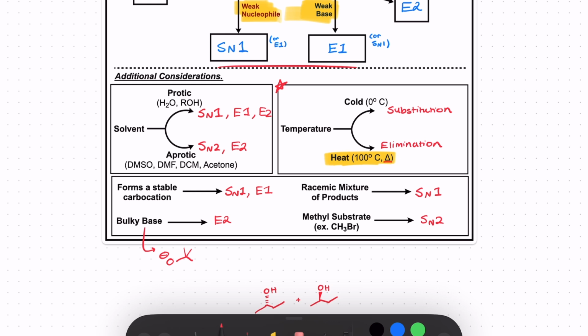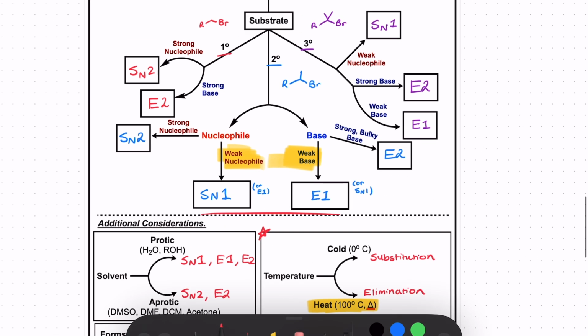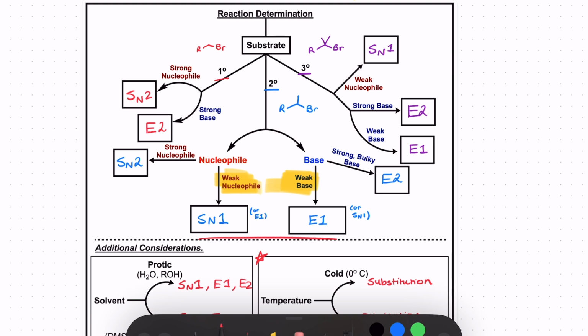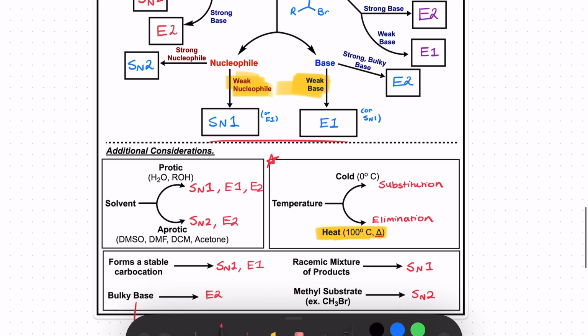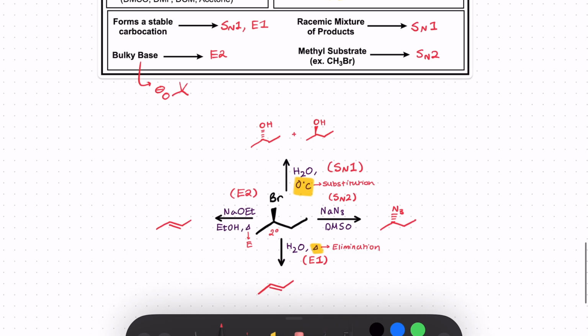If you're given the products, is it a racemic mixture or just a mixture in general? And then is your substrate a methyl substrate? Right? If it's a methyl substrate, that narrows down your answer extremely quickly. So I would use this framework as you're practicing to really try and hone in and get used to what you can expect to see for each of these four reactions. And with a little bit of practice and some time, I think you'll be all set and ready for your